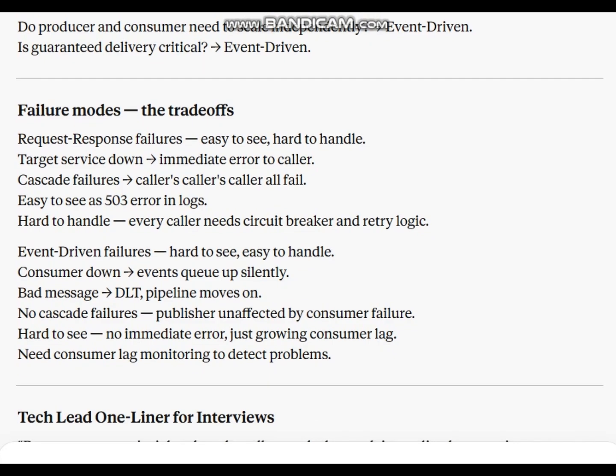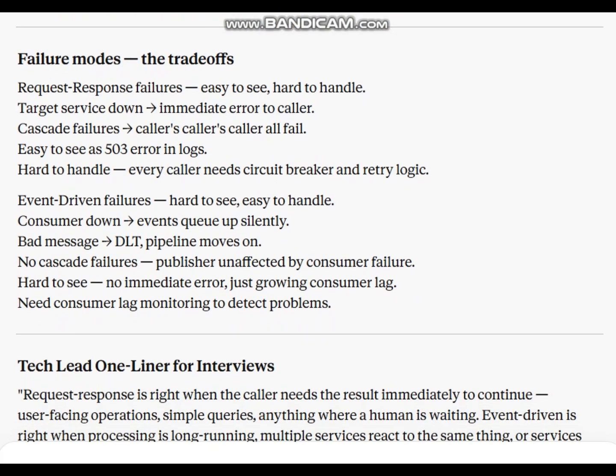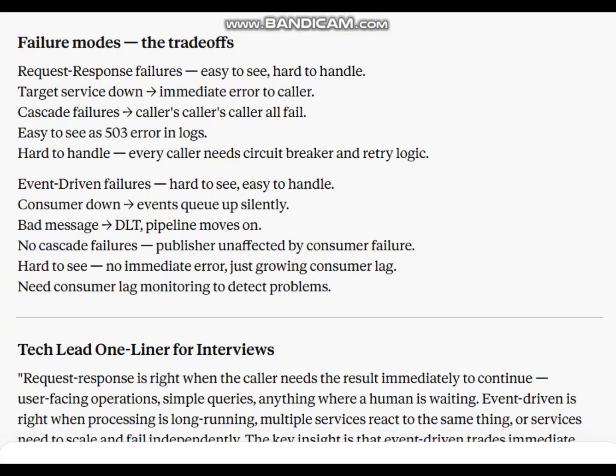caller. Cascade failures: callers all fail. Easy to see as a 503 error in logs, hard to handle: every caller needs circuit breaker and retry logic. Event-driven failures are hard to see, easy to handle. Consumer down: events queue up silently. Bad message: DLT, pipeline moves on. No cascade failures, publisher unaffected by consumer failure. Hard to see: no immediate error, just growing consumer lag. Need consumer